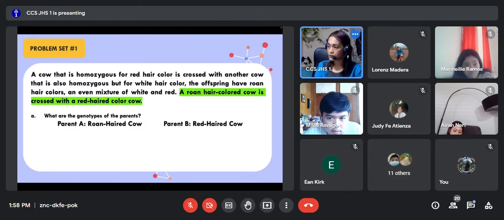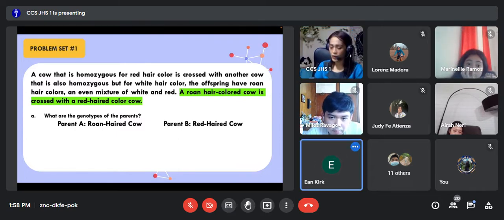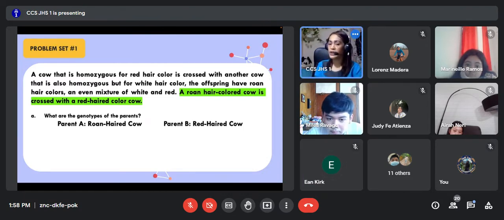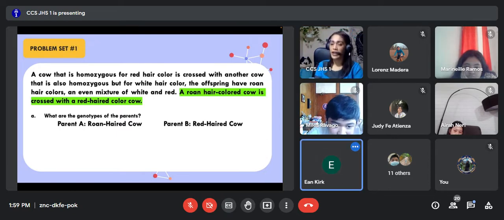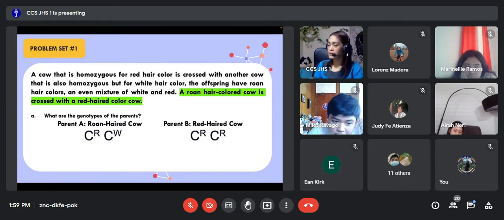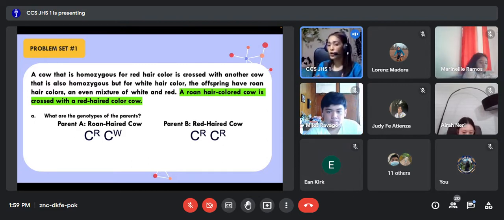Anyone who wants to try with parent A? Roan hair cow. CRCW, sir. Okay, very good. How about a red-haired cow, meaning a homozygous red-haired cow? CRCR, sir. Correct. So it's very important, it's very crucial that you know how to write their correct